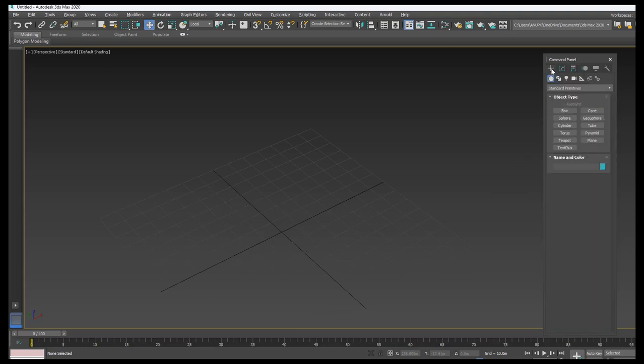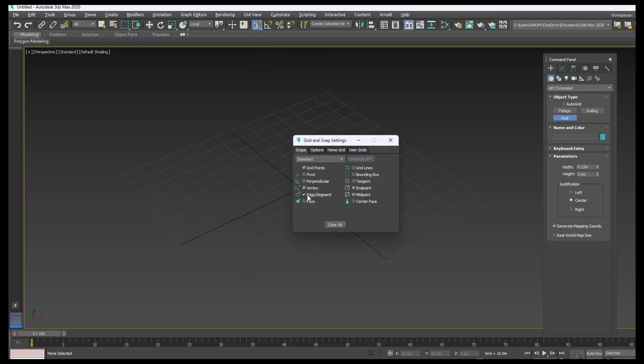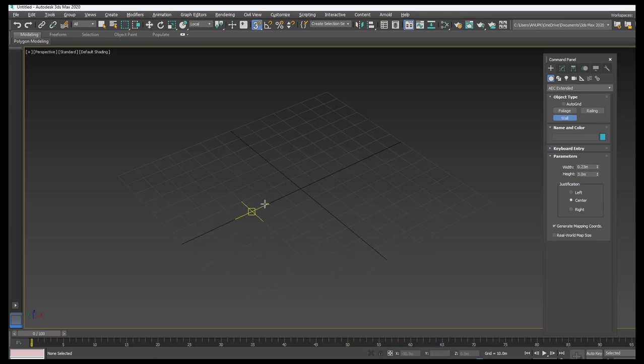Next, let's learn the snap setting. We already learned about the wall and the window. But when you go with the wall, that is AEC Extended, click on the wall option. If I want to draw the wall, then I don't get the snapping. For that, make sure the snap tool option is on, or else click on the S button to turn it on. Then, if you want to confirm the settings, right click over that symbol and make sure your vertex, edge, midpoint and endpoint options are on. Depending on the requirement, you can turn on the options and then close, so that I get the snap.